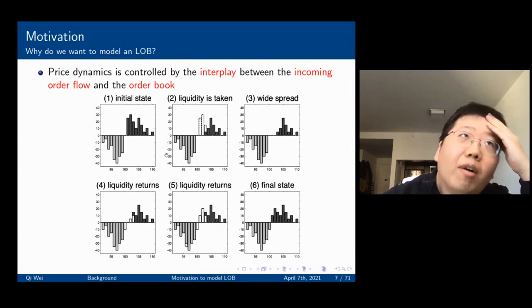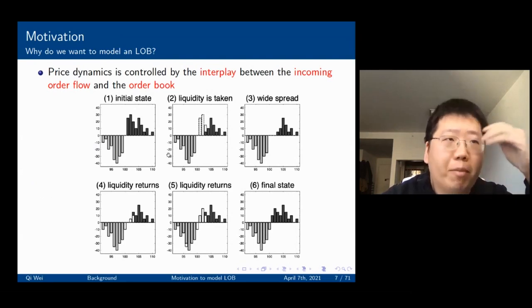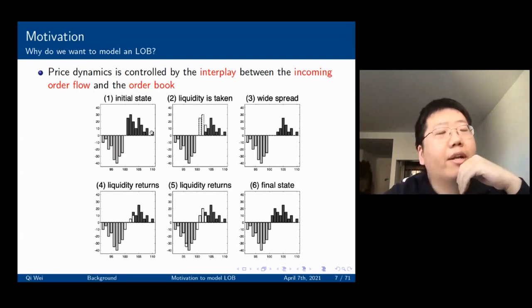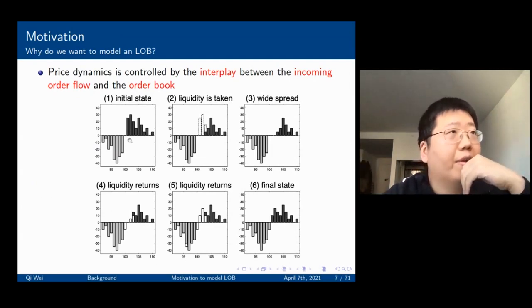Okay, so here's a demonstration of how the order flow affects the shape of the order book. In step one, here's the initial state of the limit order book. We have the buying orders here and the selling orders here. Naturally, the selling order price is usually higher than the bidding orders. And then you have, let's say, some buying orders coming in,